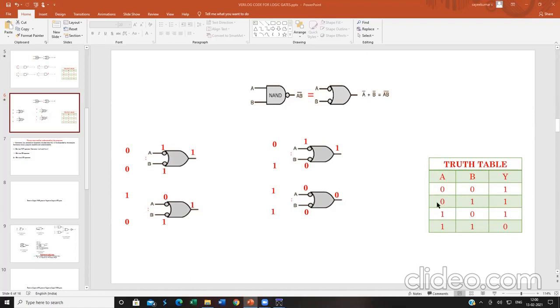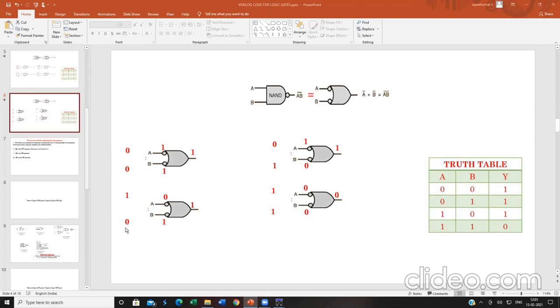And moreover, one theorem which is being practically realized over here is commutative property of Boolean logic. Commutative property means if you interchange the order of the inputs, the output will not be changing. So here if you see, A is equal to 0, B is equal to 1, the output is equivalent to 1. Here if you see A is equal to 1, B is equal to 0, at that point also output is equivalent to 1. So here the order of the inputs has been changed. So even if you change the order of the input, the output will not be changing. So this is called as your commutative property.